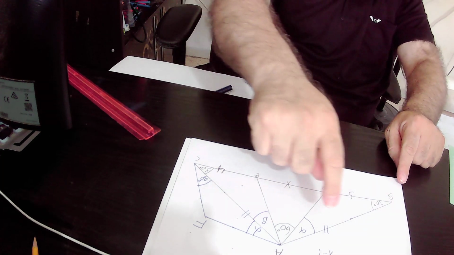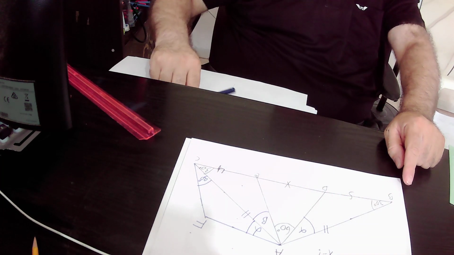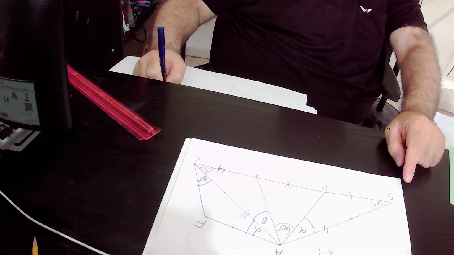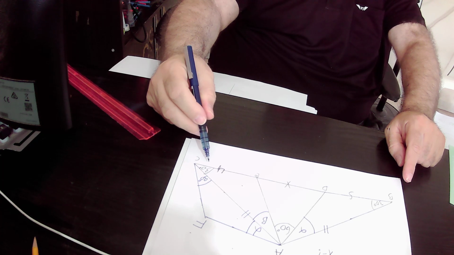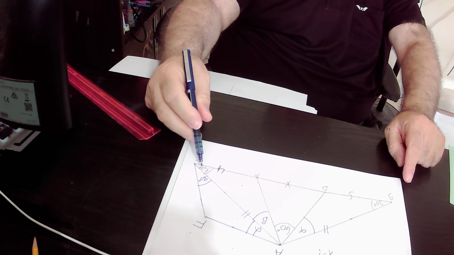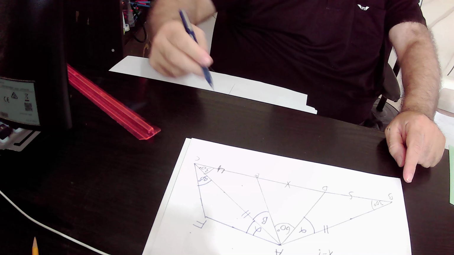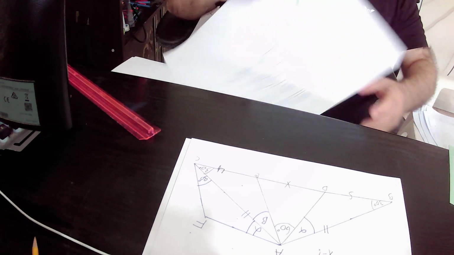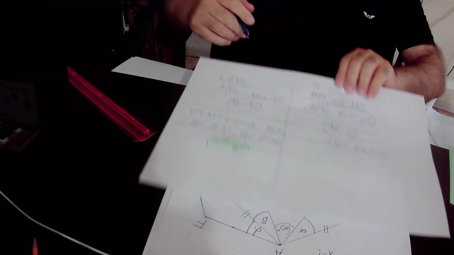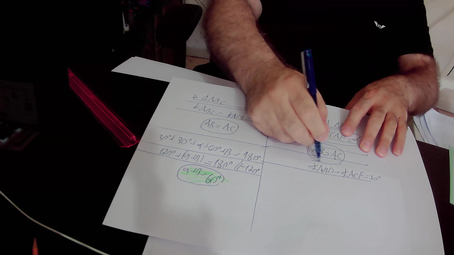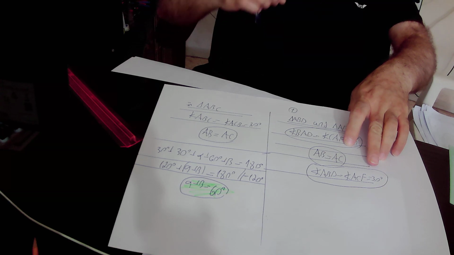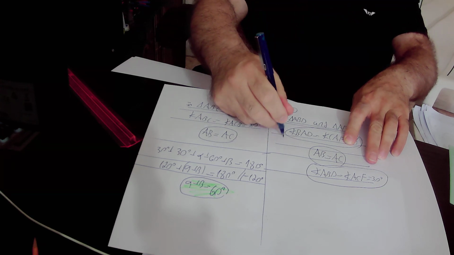So this angle is angle ABD, and it is equal to this angle that is actually angle ACF. So those two angles, angle ABD and angle ACF, are both equal to 30 degrees, therefore they are equal to each other. So in conclusion,